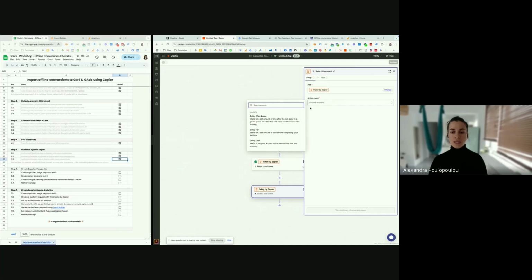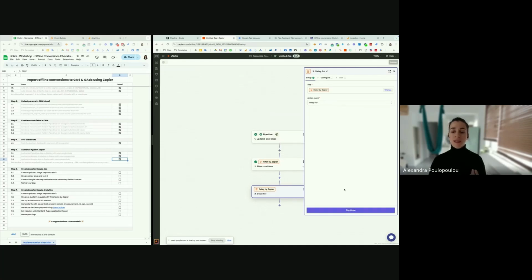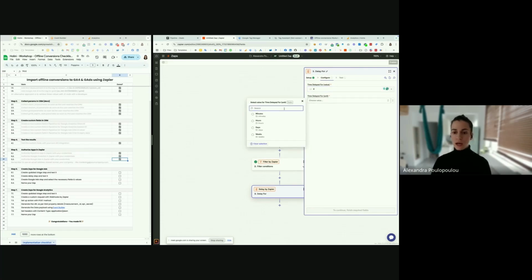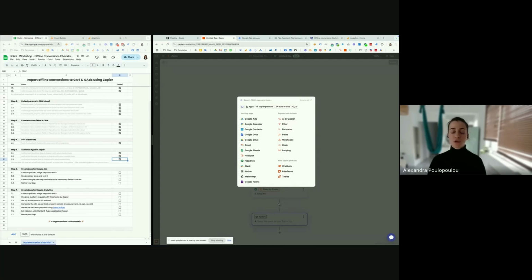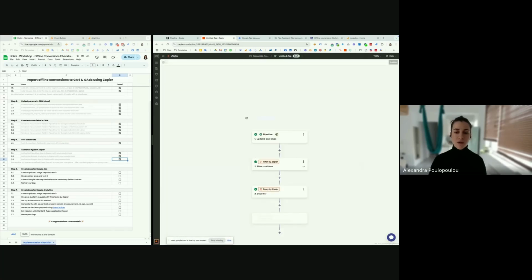Because of Google Ads limitations, we need to delay this conversion for 6 hours. So here we will define the delay for 6 hours, and we can continue. We can test the step. Of course, the delay is successfully configured, and then we can move on to the Google Ads part.